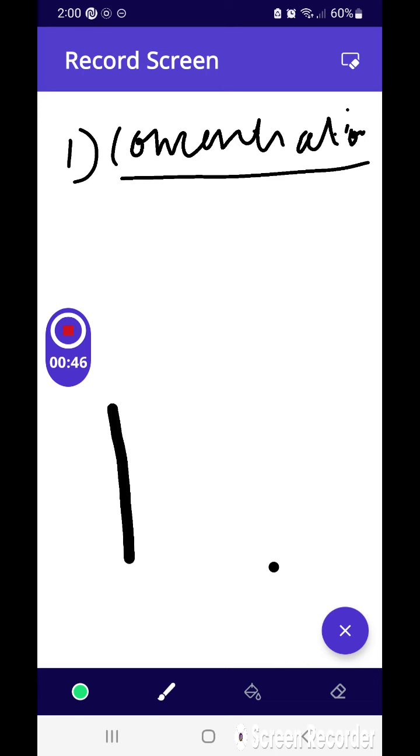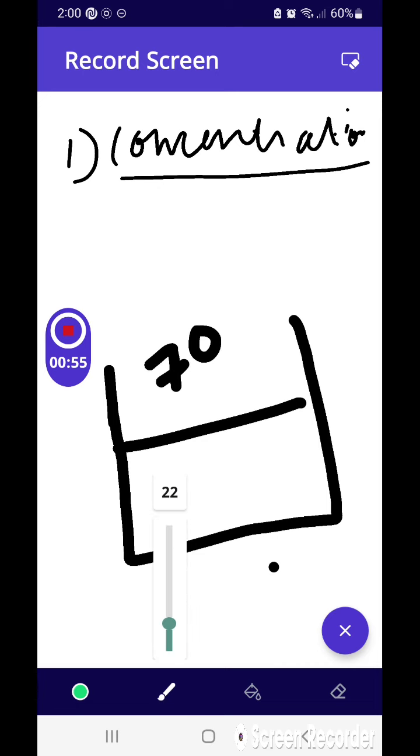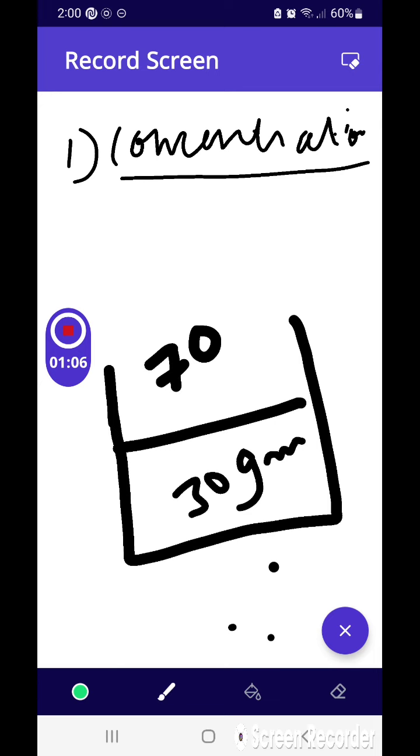As for example, here I am making, say this is a tumbler or a vessel which has 70% of water, we can say, in it, and to make a sugar water solution, I am adding 30 gram of sugar to it, to 70 gram of water. I am not saying ml, it is the gram of water. So if the question comes, what is the concentration?